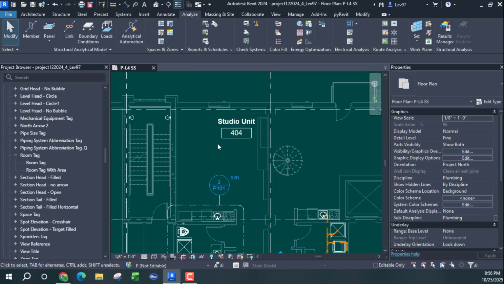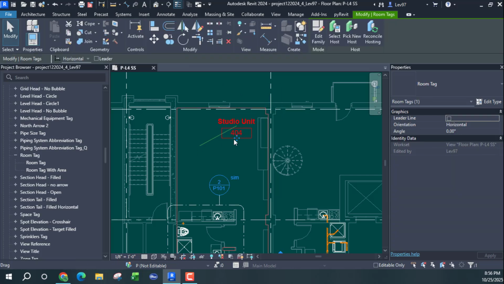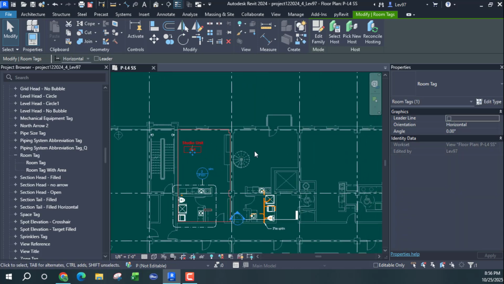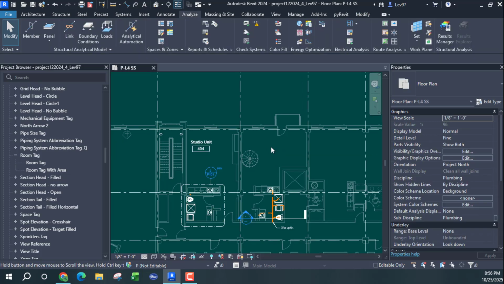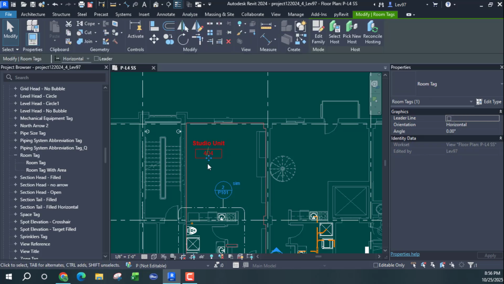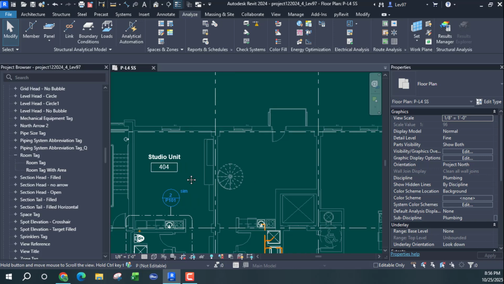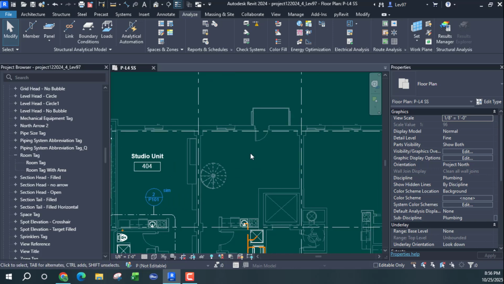So I cannot automatically place spaces. I don't know if that's a good idea anyway, unless you got like 100 floors of the same type. I've never been able to use the automatic place spaces and have it work. I've seen it done, and I've probably done it a couple of times, but I think it's better to